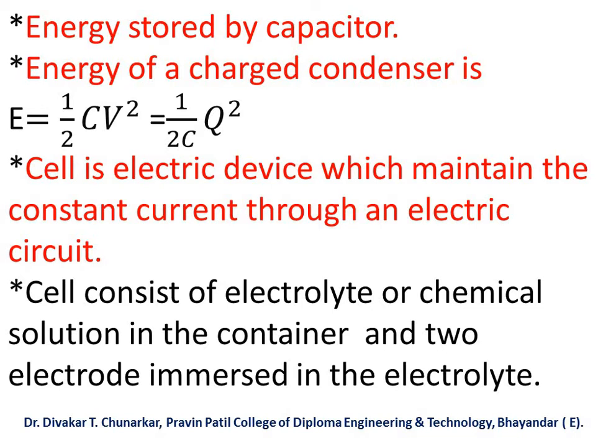capacitance in the series combination. Second, we explained the parallel combination of capacitance. Here C1, C2, C3 are the capacitances connected in the circuit in parallel, and Cp is the equivalent capacitance in parallel. So today I will explain some topics important for your examination.